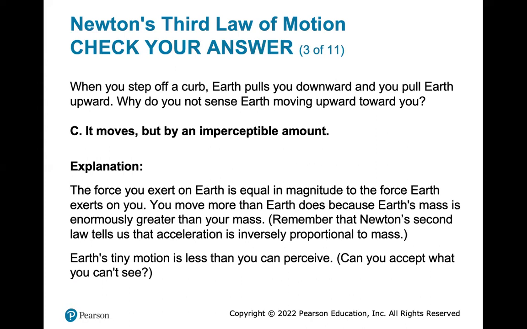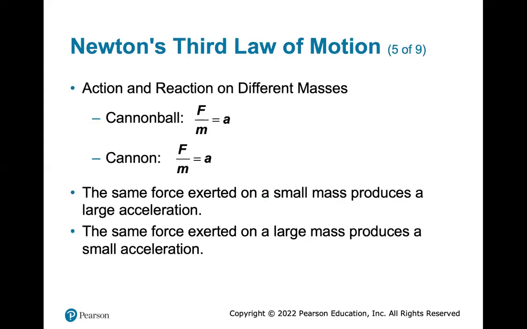Now, action and reaction on different masses. The cannonball force divided by mass gives you an acceleration. The cannon force divided by a mass gives you the same acceleration. The same force exerted on a small mass produces a large acceleration. The same force exerted on a large mass produces a small acceleration. This is,